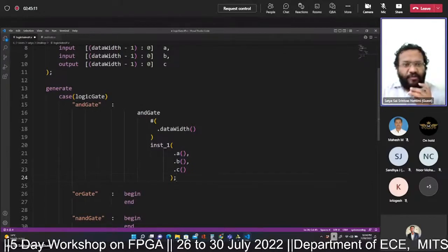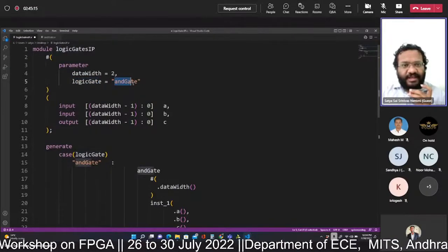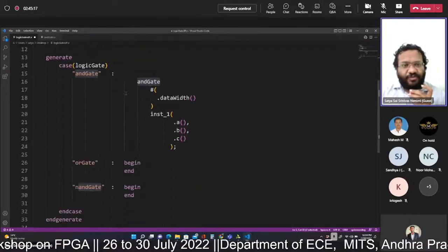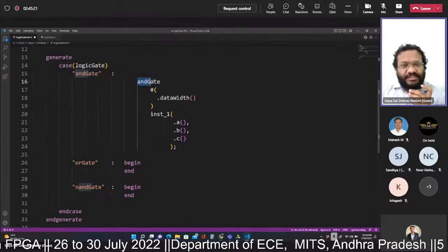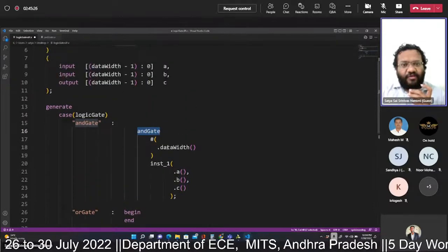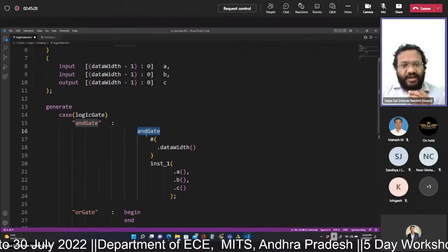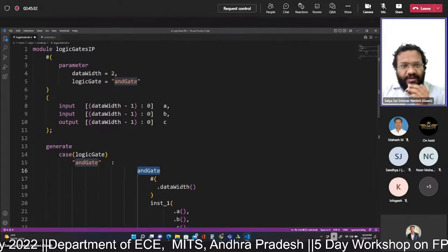So now, if the user provides the logic gate variable as AND gate, then what it has to do? The very top module has to instantiate the AND gate. And how this instantiation is working, while instantiation, the parameter value